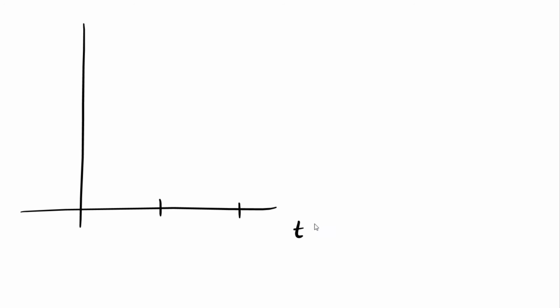So this is the t-axis, and this is the v-axis. And let's suppose this time that my velocity curve looks like this. I'm going kind of slow, and then I speed up really quickly, but then my speed tapers off until it's constant. So whatever those numbers are, maybe this is 30 miles an hour, and this is 60 miles an hour. The idea, or the answer to the question, how far did I go,